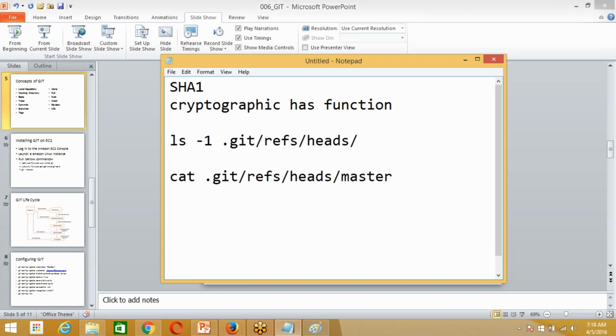That is what is called the head of a particular repository.